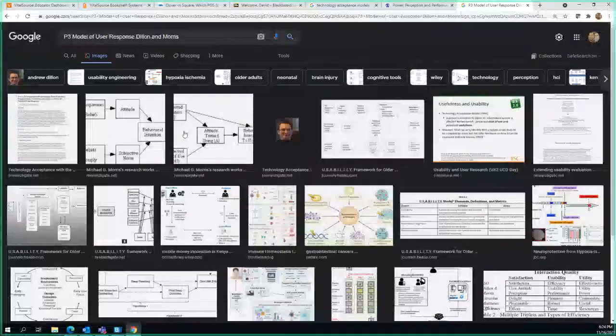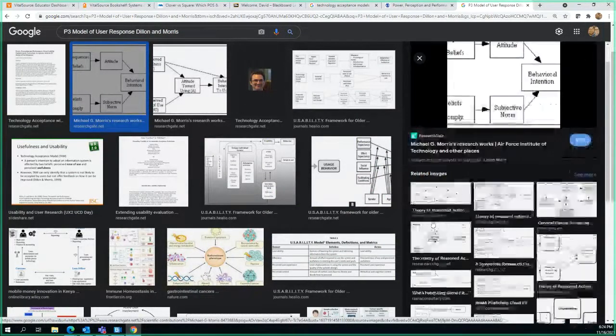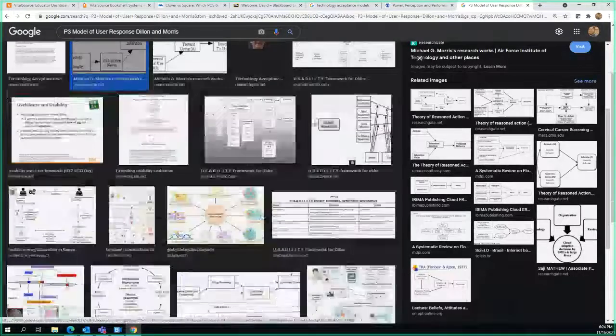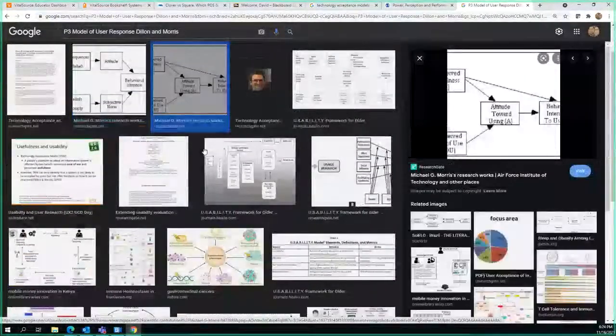Here we go. This is what I'm looking for. And I don't see the completed one. So that's not helping me. Anyway, at the end of the day, it's a map.